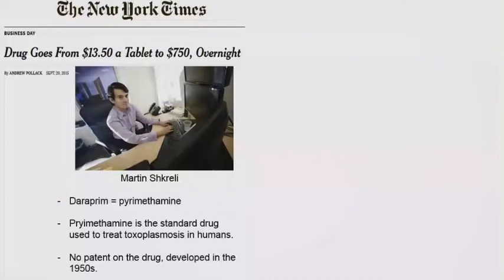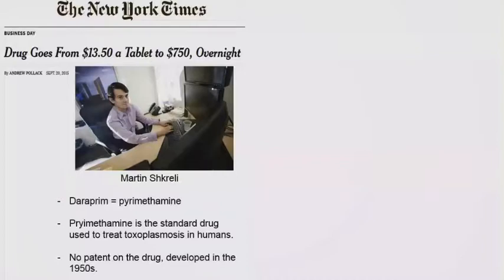Before that, a couple years before that, it was $1 a pill. The company bought it, jacked it up to 13. Then he bought that company and jacked it up to $750 overnight. So he cornered the market, because here's a drug that there's only one drug for Toxoplasma. So this became a huge news item for a few weeks, kind of a poster child for drug companies jacking